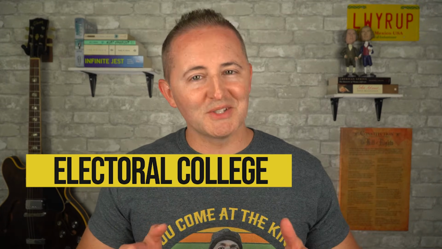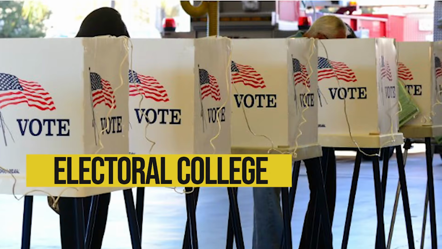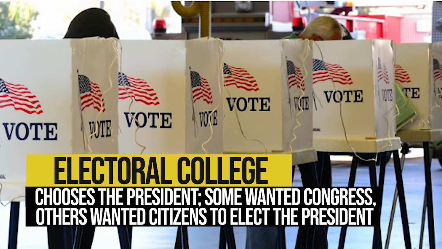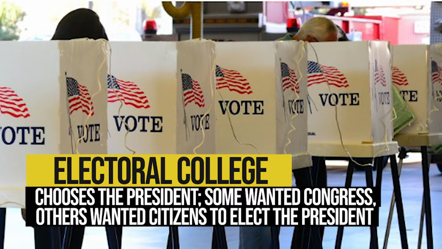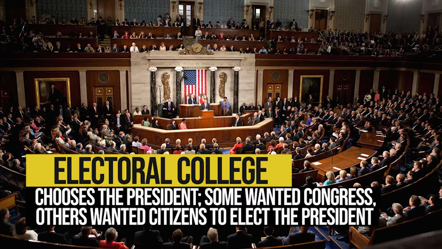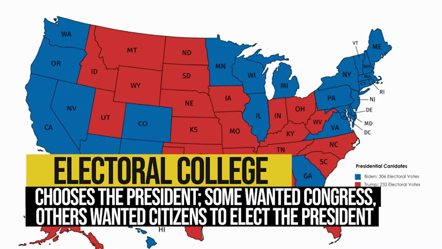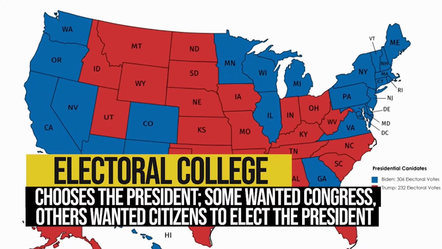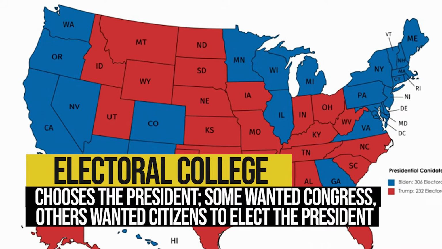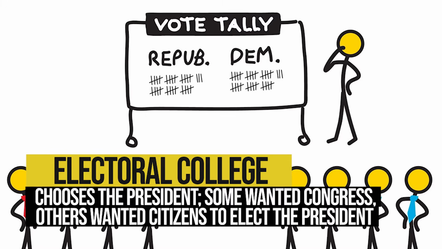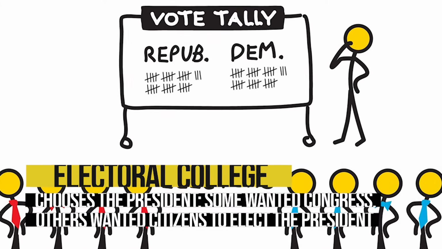Next, everybody's favorite, the Electoral College, was also the result of compromise. Some delegates wanted citizens to directly elect the president, while others believed Congress should choose the president. The Electoral College kind of takes a little from each of those ideas. Today, people in each state get to vote for who will represent their state in the Electoral College, and then the Electoral College elects the president. In Unit 5, I'll teach you all the ins and outs of the Electoral College, so stay tuned.